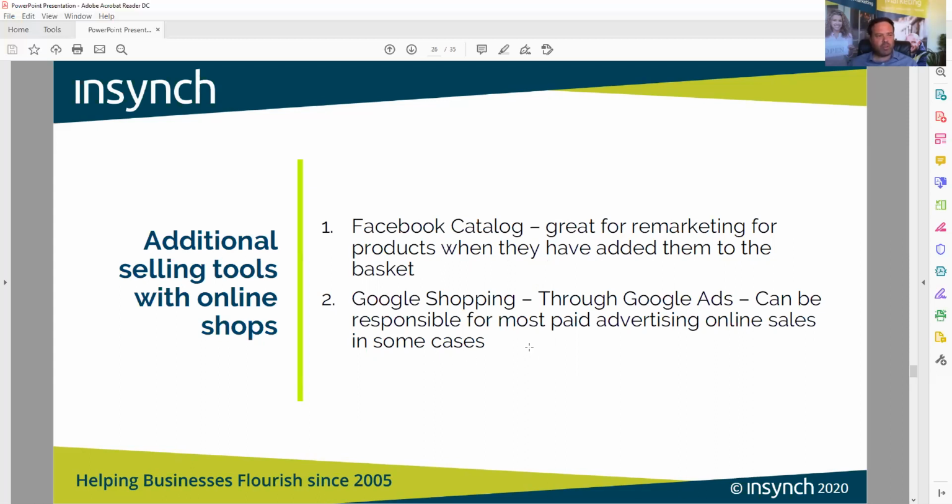Google Shopping is one of the... If you search for anything, for example herbs, the results that appear at the top with pictures to click through to the products to buy them, that's Google Shopping. But there are rumors that it's being trialed and rolled out to be free now, whereas before it was going to be just paid advertising. They are going to be rolling that out, so that if you have that feed to your website, your products will be able to be